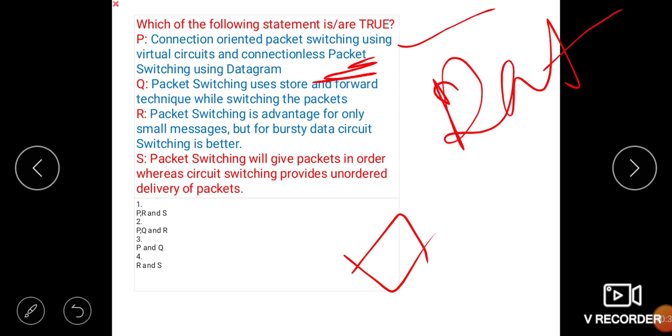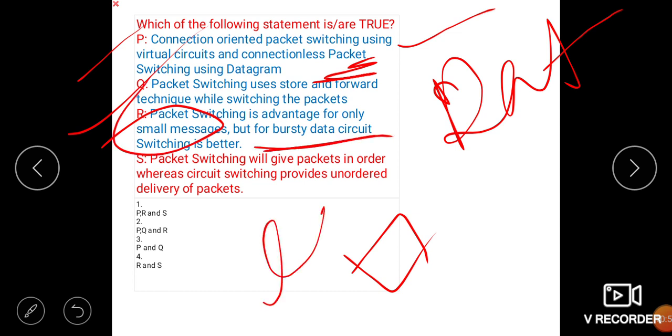This is true. And packet switching uses the store and forward technique while switching the packet. This is also true. Packet switching is an advantage only for small messages, but for bursty, that means large messages, we use